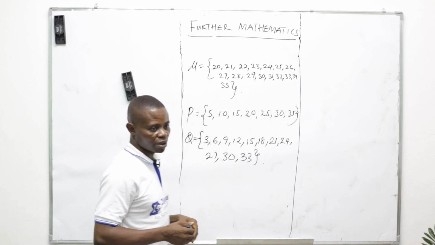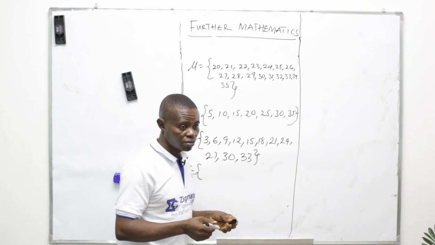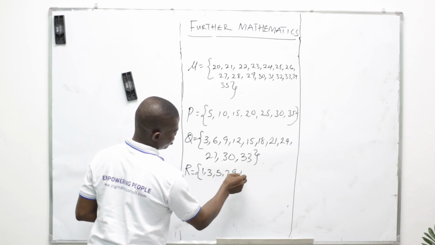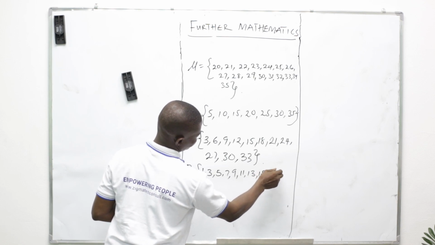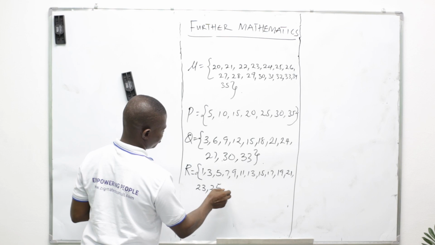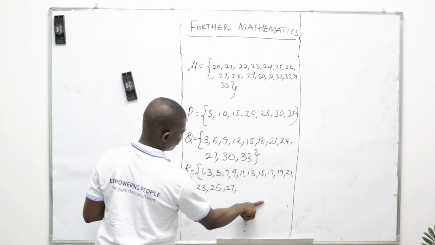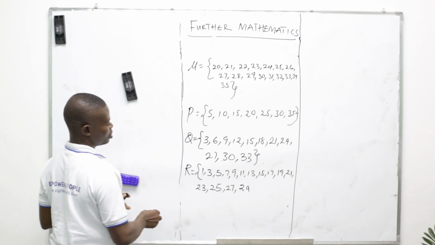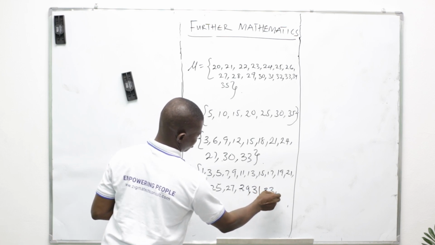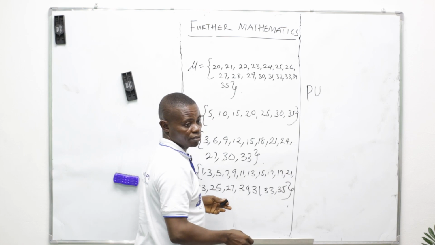Now we are looking for P union Q intersection R. R is odd numbers. Okay, R, odd numbers: 1, 3, 5, 7, 9, 11, 13, 15, 17, 19, 21, 23, 25, 27, 29, 31, 33, and 35, okay? So the question is P union Q